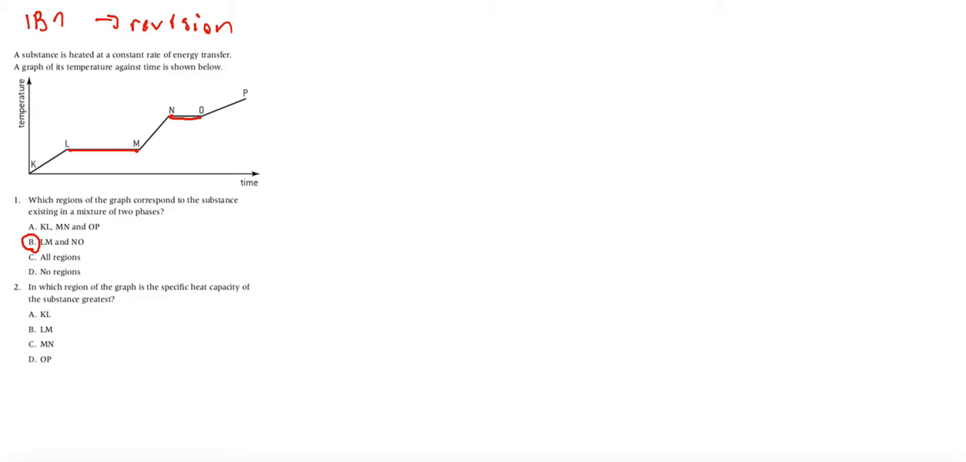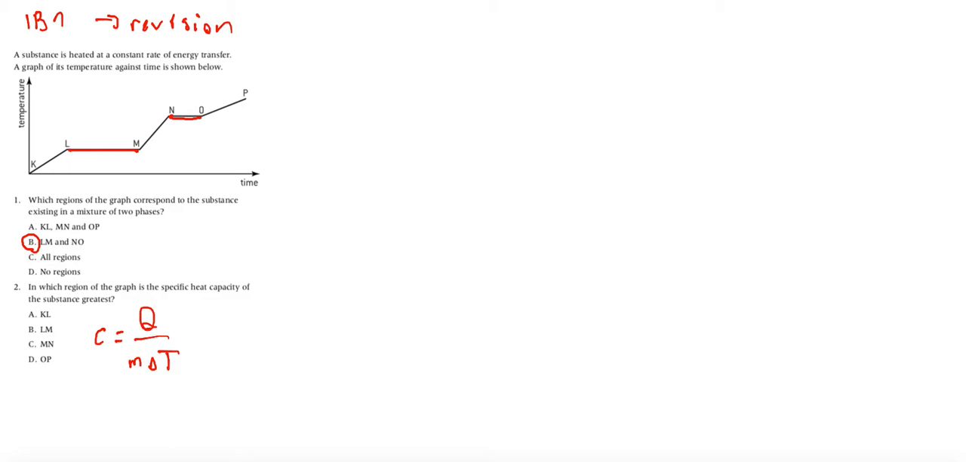Exercise number 2. In which region of the graph is the specific heat capacity of the substance greatest? Remember that specific heat capacity is defined as the amount of heat which is needed to increase the temperature of 1 kilogram of substance by 1 Kelvin. The greatest means that we have the rate of Q over T the biggest possible. Let's look at what we have on the axes. On one axis we have temperature, on the other axis we have time. So time is related